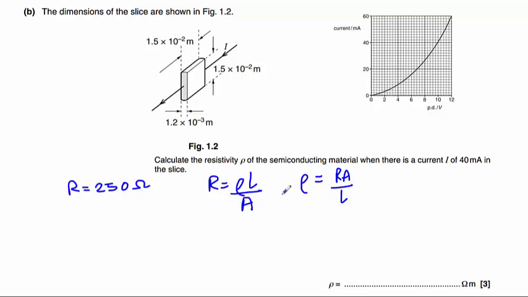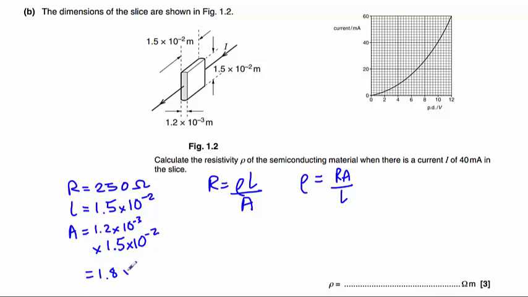divided by L. Now the first thing we need to work out here are our areas and lengths. So the current is flowing through this way, that means the length is this dimension along here, which we can see here is 1.5 times 10 to the minus 2 meters. And our cross-sectional area is going to be this dimension here, 1.2 times 10 to the minus 3 meters, multiplied by this dimension here, which is 1.5 times 10 to the minus 2 meters. So A equals 1.2 times 10 to the minus 3 multiplied by 1.5 times 10 to the minus 2, which gives us 1.8 times 10 to the minus 5